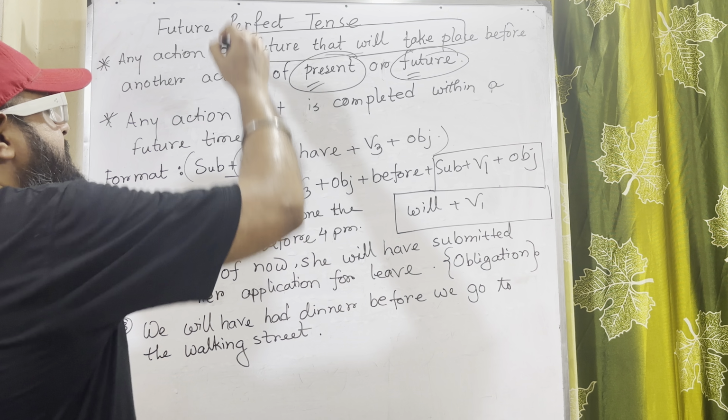Remember, the verb have has several forms like have, has, had, but when we are talking about future perfect, after will, the one and only form that we can apply is have. We cannot use has, neither can we use had, only have. The reason is very simple.